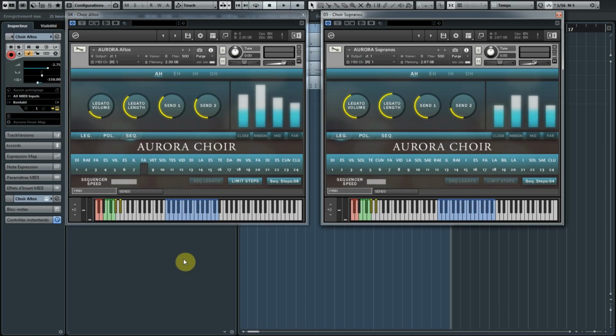So let's check out the library's user interface. First, there are 4 different vowels that you can choose from: R, A, E, and O. You can change the volume of the legato and the legato length. There are 2 different effect sends, and we'll actually check out the effect section in a moment. There are 4 different mics that you can choose from, and you can actually change the mix of those mics. And there are 3 modes that you can play with: the legato, polyphonic, or through the sequencer that you can